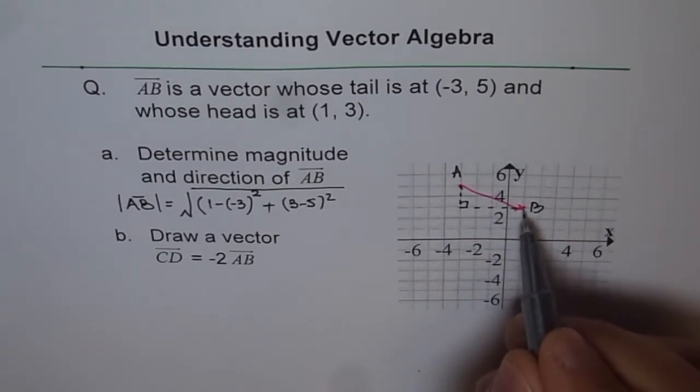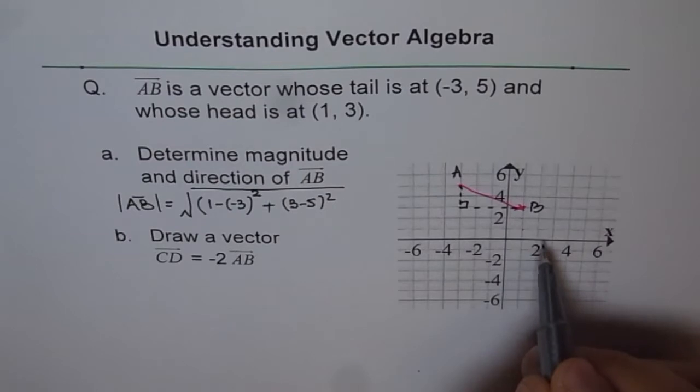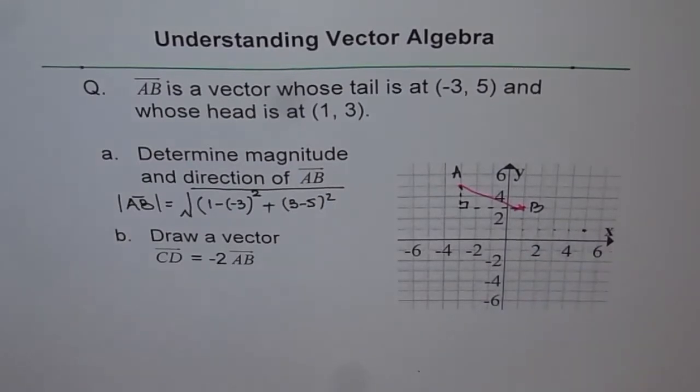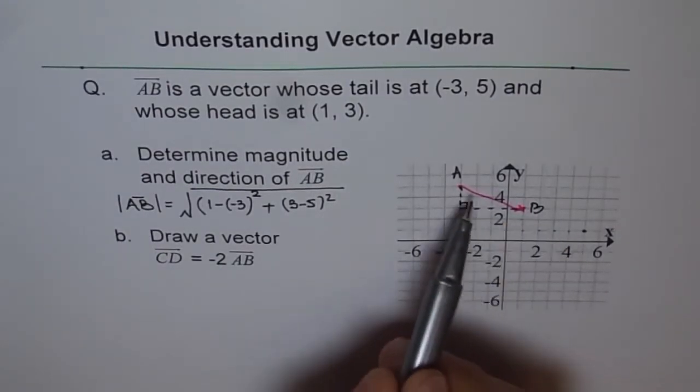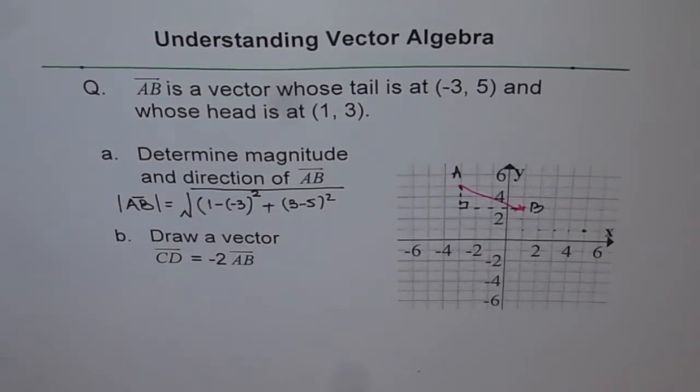So let's go 2 units down, 1, 2, and 4 units right, 1, 2, 3, 4. So we reach that place. Now, if I continue this vector in the same direction, then it becomes 2 times AB, not -2 times AB. Do you see that? So our vector's direction should also reverse. It should be from here to that place. That's how we can get